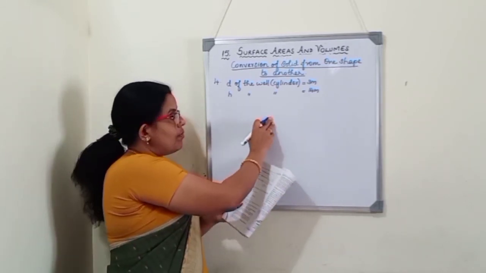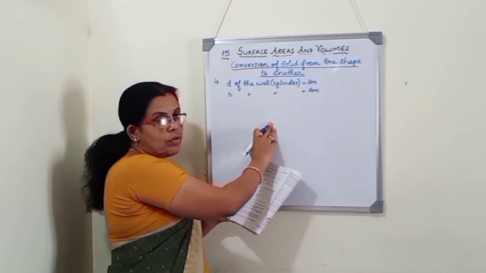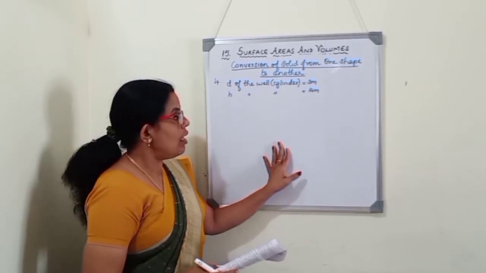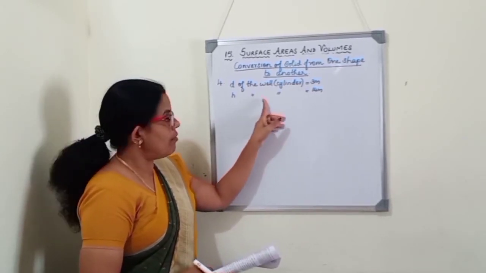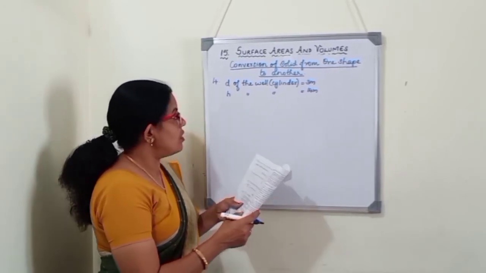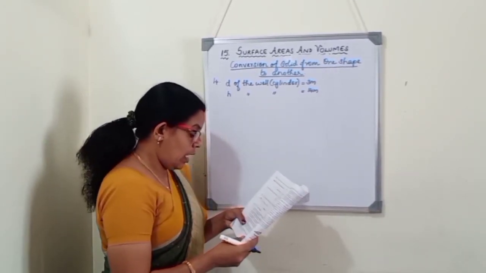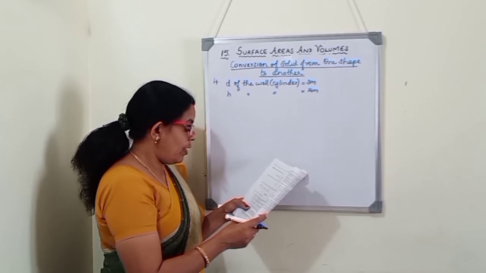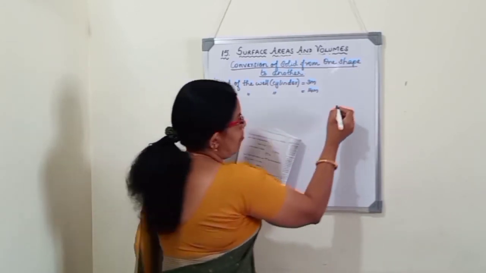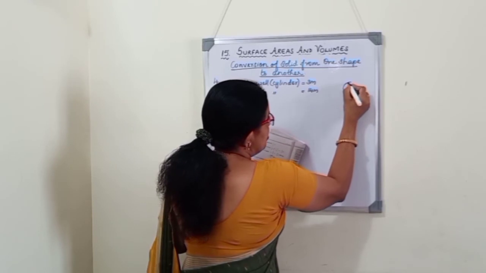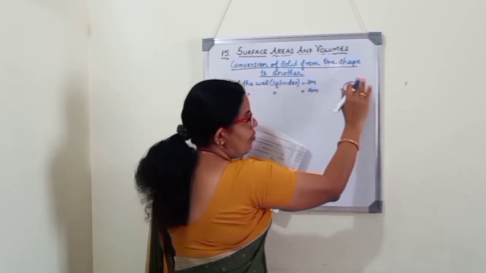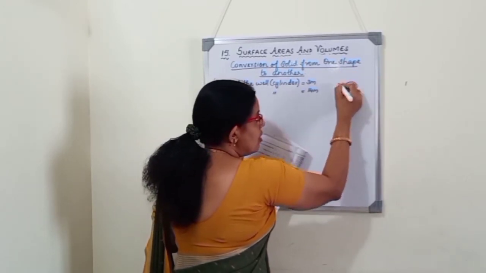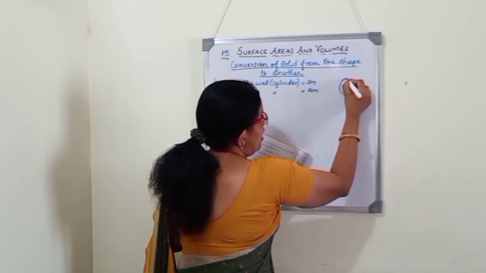In the last question, the mud taken out from the well was arranged in the form of a platform, and we wanted to find the height of the platform. The platform is in the shape of a cuboid, so we compared the volume of the mud with the volume of the platform. Here the mud taken out from the well will be evenly spread all around the well in the shape of a circular ring of width 4 meter to form an embankment. Imagine that this is the top part of the well, that is the round part of the well. They will dig and take out the mud and arrange it around the well in the form of a ring, like this.